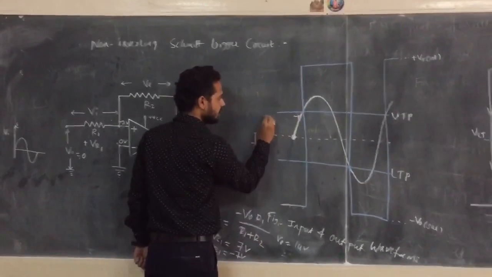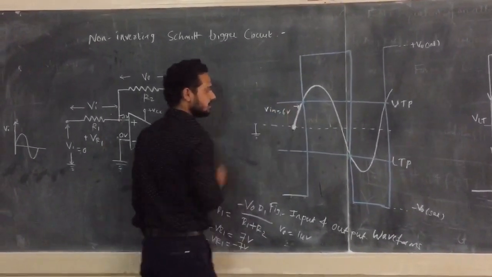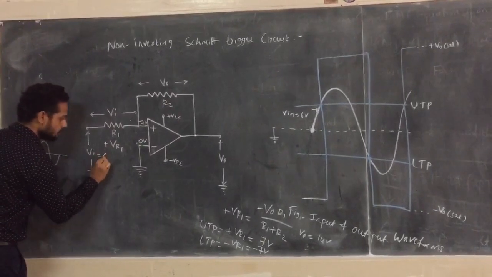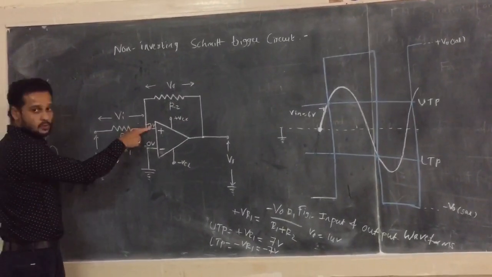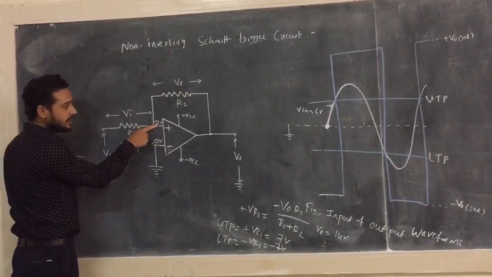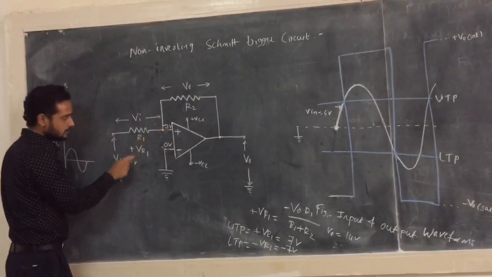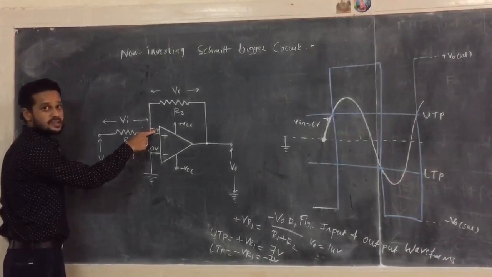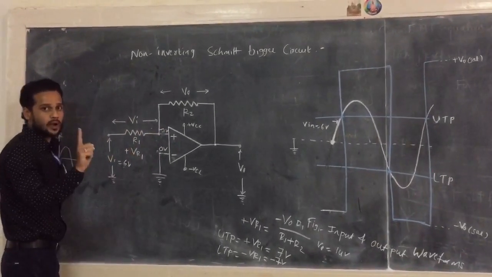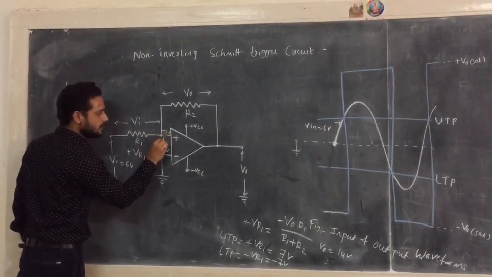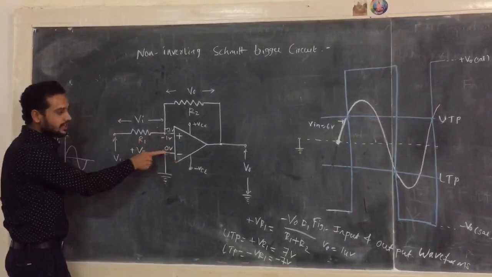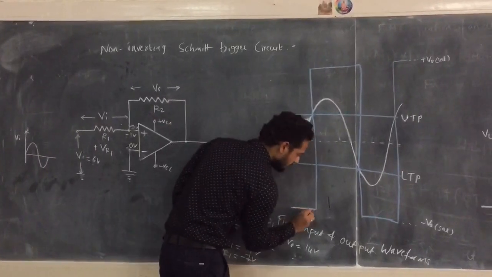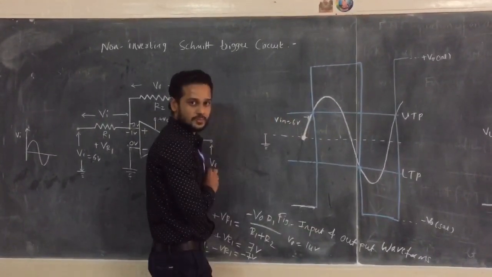At this point, let us say the value of input voltage is 6 volt. Now what is the value of the voltage available here? This will be minus 7 volt. If you subtract these two voltages, 6 volt here and minus 7 volt here, the resultant voltage is how much? Minus 1 volt. If the resultant voltage is minus 1 volt here, the voltage at the inverting terminal of the op amp is still more. Therefore, output remains at minus V0 saturation only.